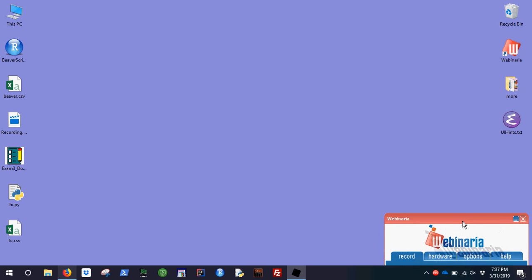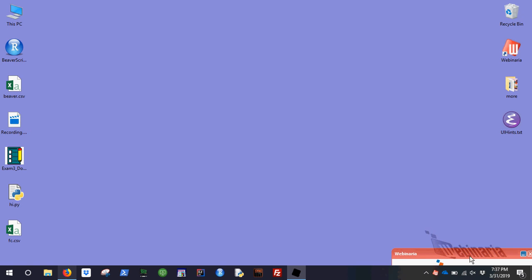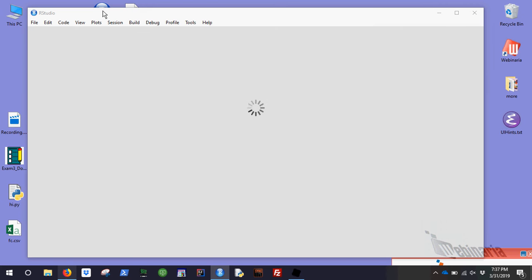So I prefer recording on my other machine, but this will give you better understanding of how things work in RStudio, because my RStudio here behaves very well. So I'm going to be looking at that Beaver file again, and this is the Beaver script that I created before. So I'm going to crack open that Beaver script and look at it, and